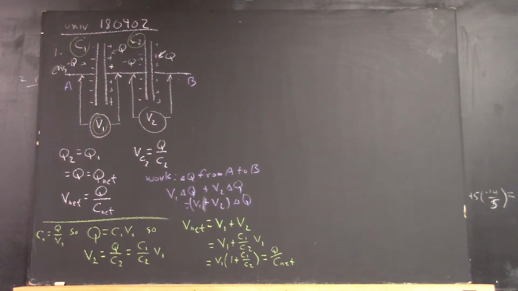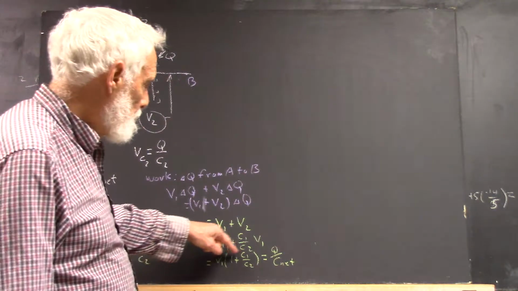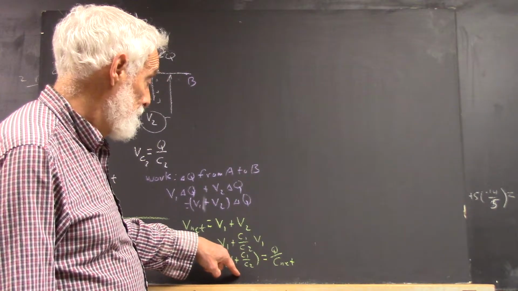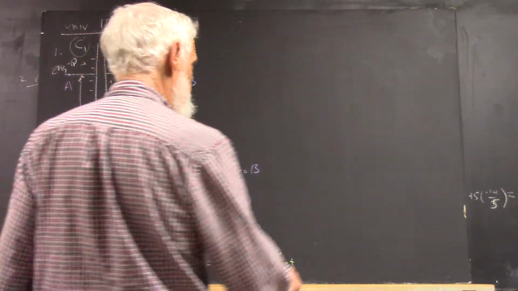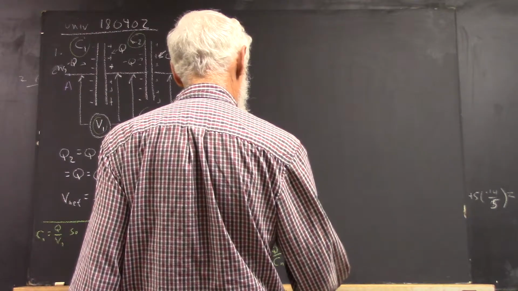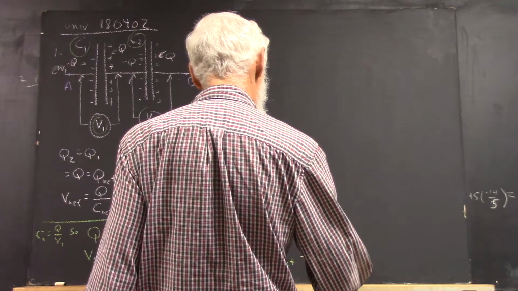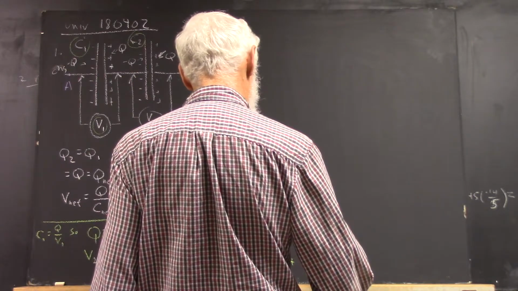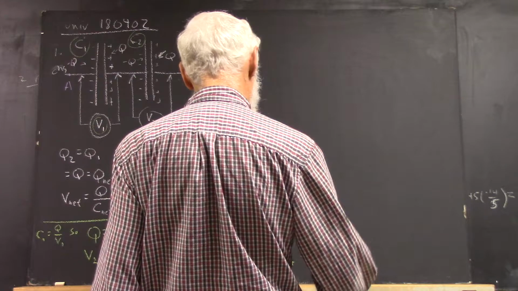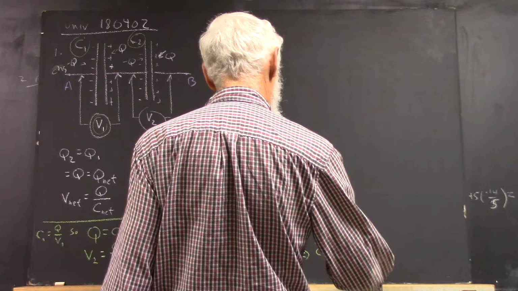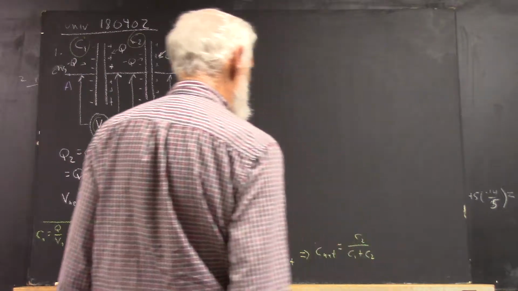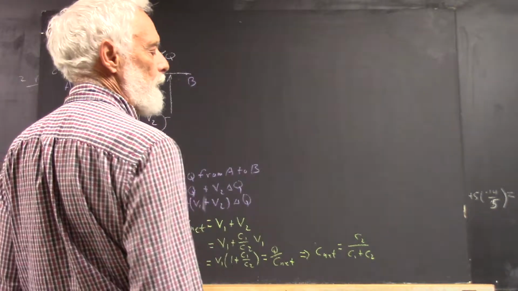Okay? Now if we write this as C1 plus C2 over C2, then with just a little algebra, we see that C net equals, and actually I probably want to write it